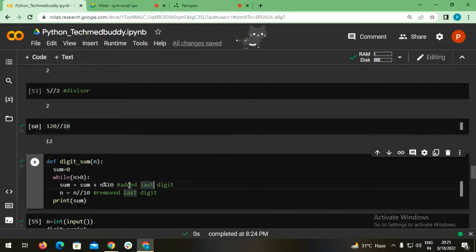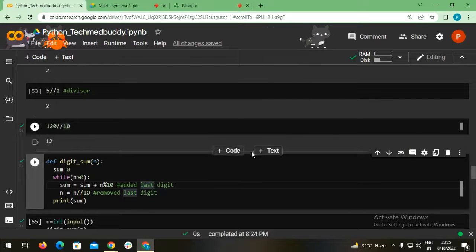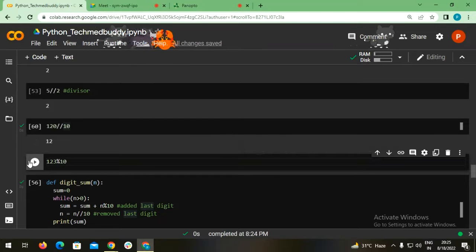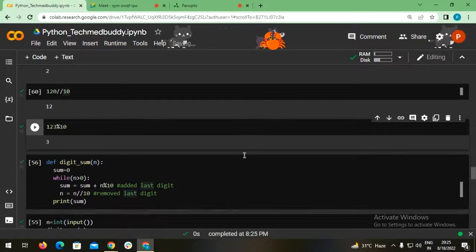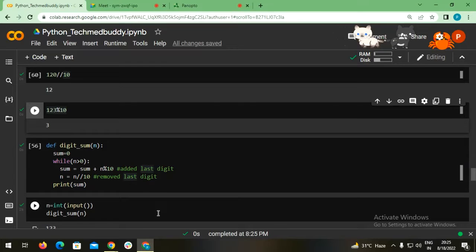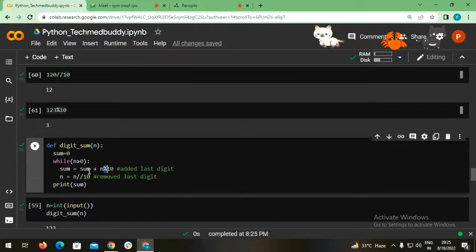And for adding, we wanted to add always the last digit. So for the last digit we made use of the modulo operator. So 123 modulo 10. Modulo always gives us the remainder, right? And the special property of 10 is that whatever the last digit will be, it will give only that, because they are multiples of 10, right? That's why. So we just made use of the properties of the modulo and the double divide in this